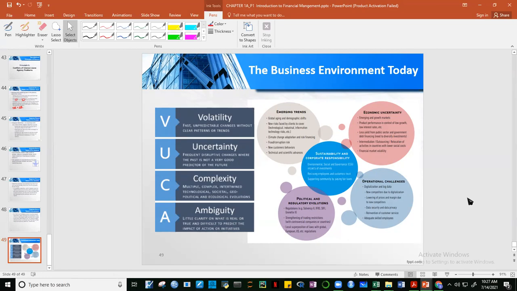Ibig sabihin, kahit na pabago-bago yung market, kung alam ng company kung ano ba talaga yung gusto niya, no? Yung vision niya, how it wants to be 10 years down the road, 50 years down the road, hindi siya mawawala dun sa track niya. Technologies may come and go, but if the firm's vision is to become like this, okay, for example, ang vision